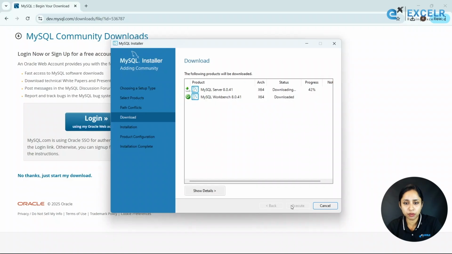As we can see, MySQL Workbench is downloaded. The next one is MySQL Server. Once both are downloaded, we will click on next, and we have to install. So please click on execute. One by one, both of them are being installed. MySQL Server installation is done. The next one is MySQL Workbench. So once both of them are completed, we will click on next